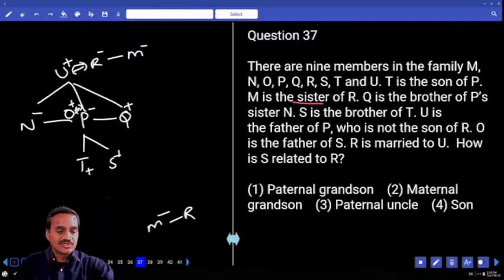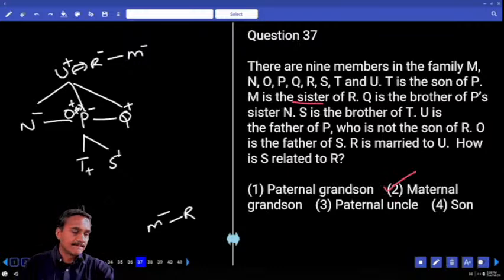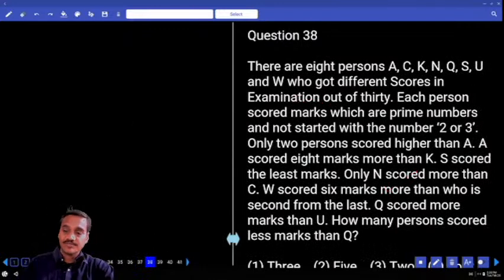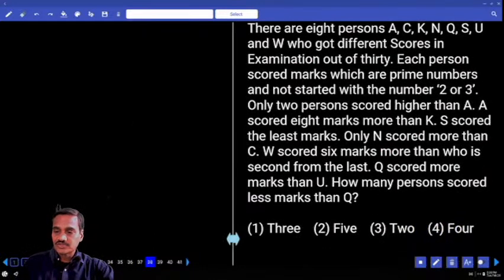And how is S related to R? R's daughter's son. Daughter's son is grandson. Now grandson, and which grandson here? Maternal grandson. And that is choice 2, question number 37. Then 38. Now in this 38, there are 8 persons who got different scores in an examination